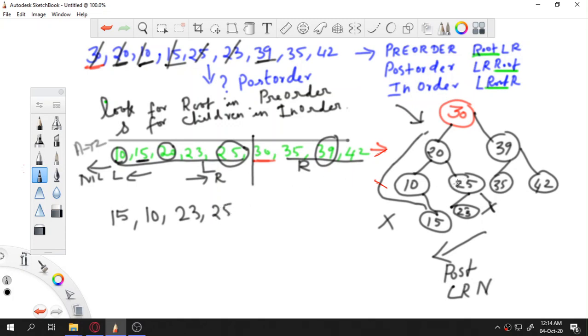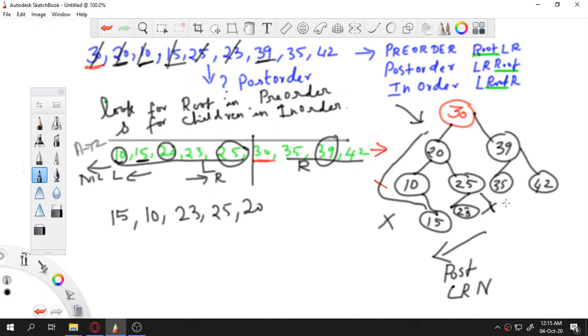Now this 25, taking this as the branch, 10 is over, 25 is over, which is left is over, right is over, go to root. Root here is 20. Now coming to this, the left side is over, then I have to go to the right side. So this root now we will not consider because the format is left, then right, then node. So this left is over. Now go to the right tree. When you start from the right subtree, here again it is a node only because some children are there. So go to the left, always to the left first.